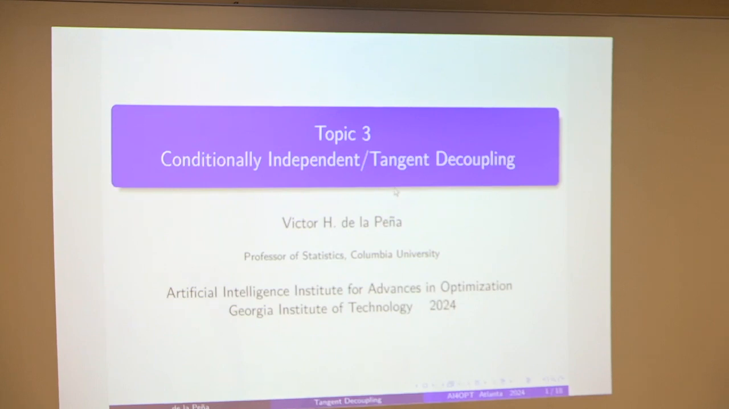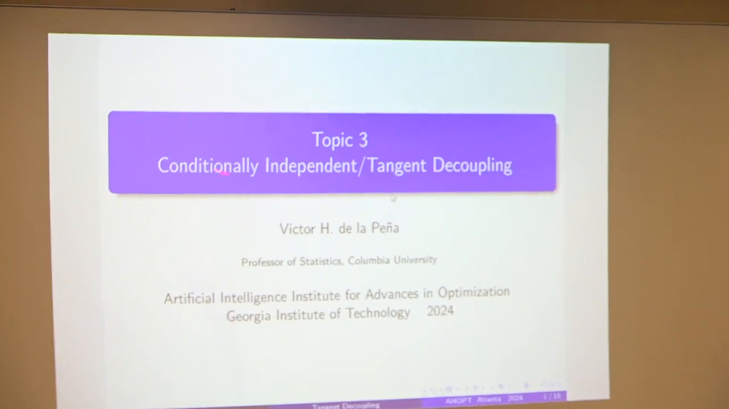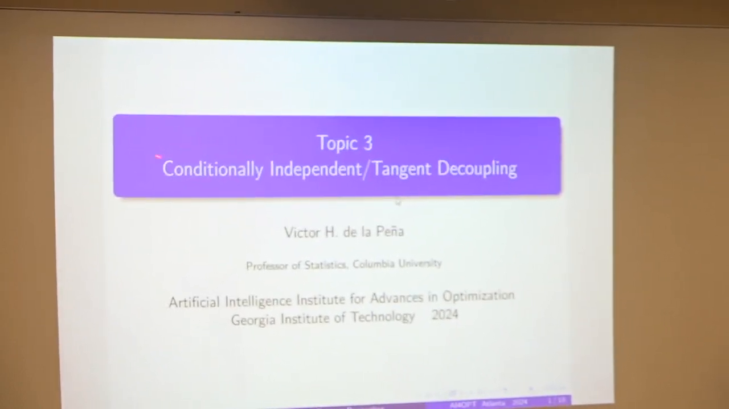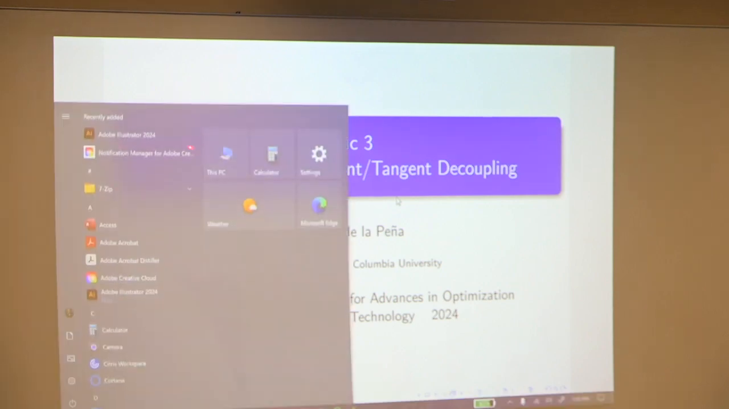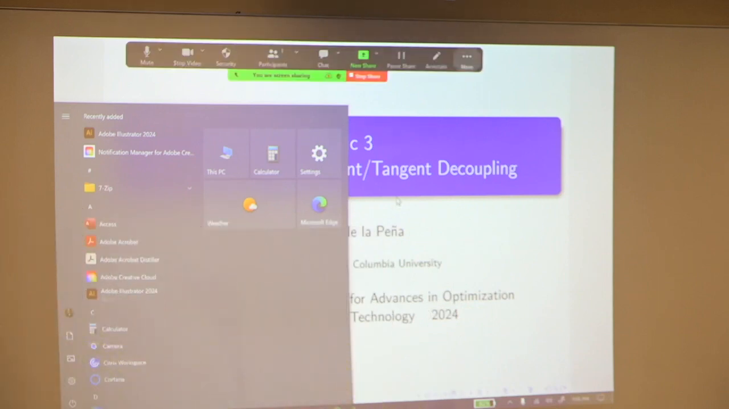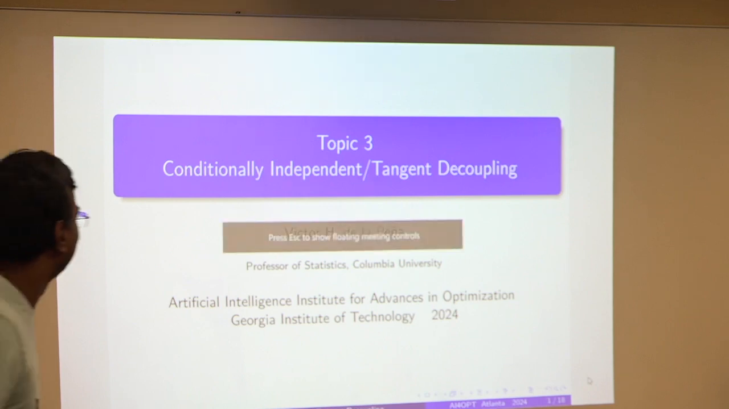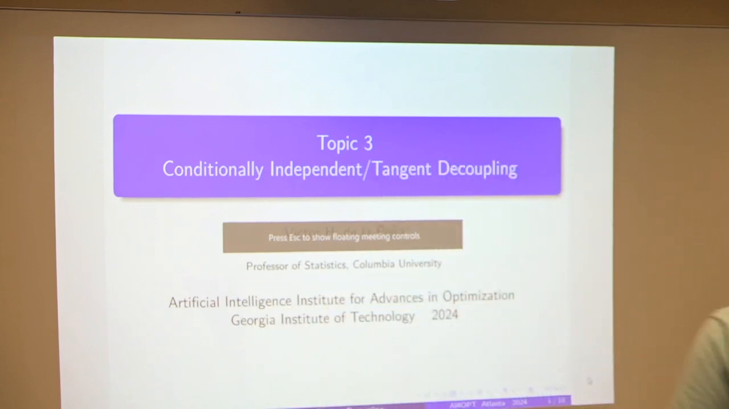Today I'm going to talk about tangent decoupling, which I also call conditionally independent decoupling. The reason why this is helpful is because by using some inequalities that I will show, you can treat dependent variables as if they were independent. So you can treat dependent variables as if they were independent. And that is